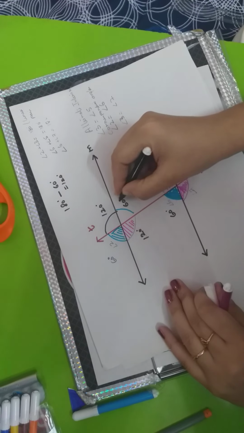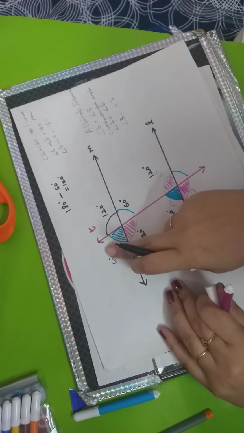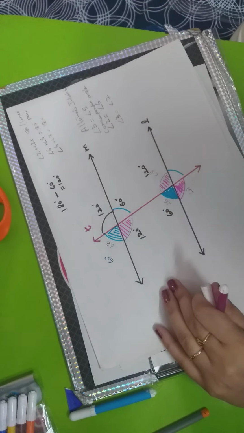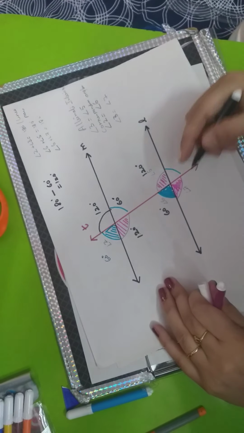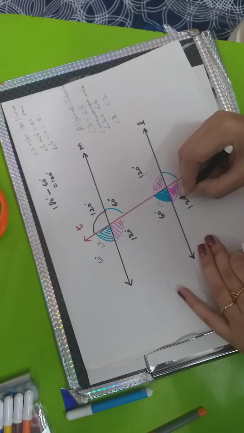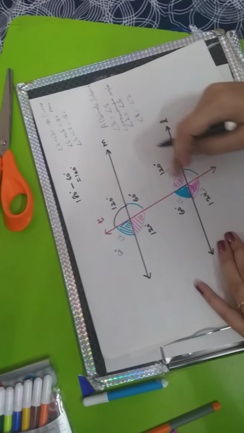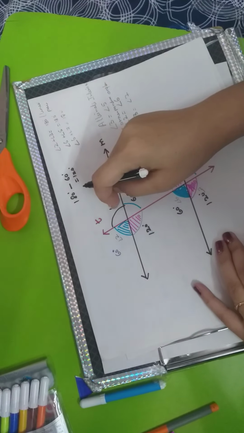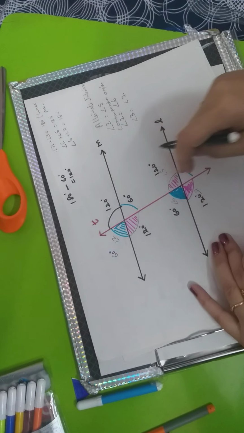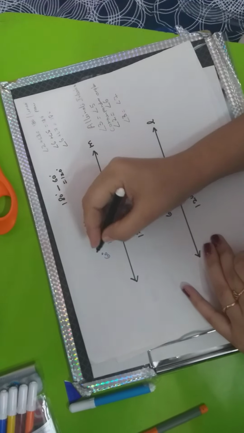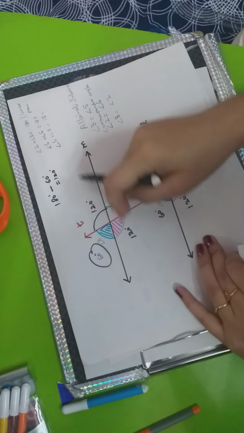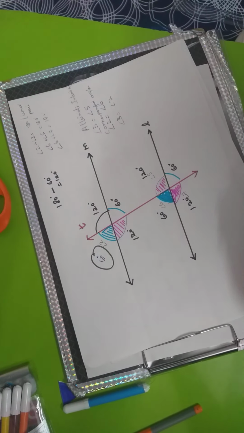These two are forming co-exterior angles. They should be supplementary, so subtract 60 from 180 and I will get 120. Or we can say they are vertically opposite. These two are forming co-exteriors, so this also will be 60. So by knowing the value of one angle, I can find the value of other angles.